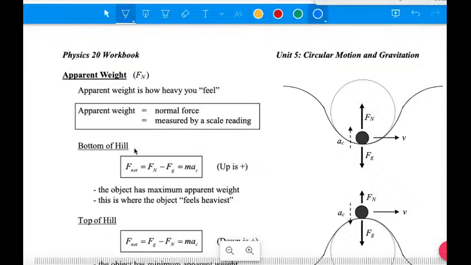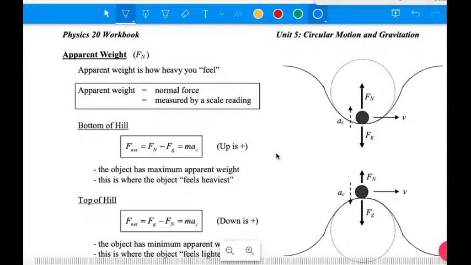Okay, now bringing in an old Unit 3 idea of apparent weight. Physics is all built on our previous knowledge, right? Here's our throwback to Unit 3 with apparent weight. If we remember, whenever we hear the word apparent weight, we're going to be thinking Fn, normal force. So those are pretty much synonyms, right? If a question is asking you for apparent weight, what it really is asking you for is the normal force